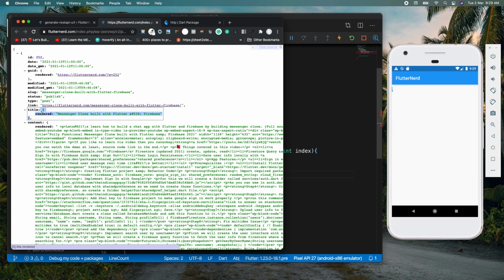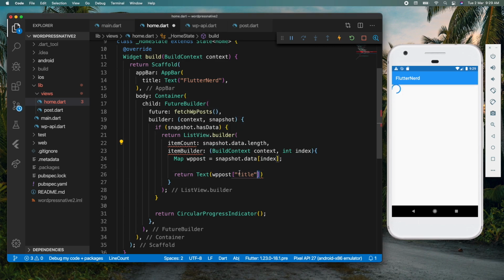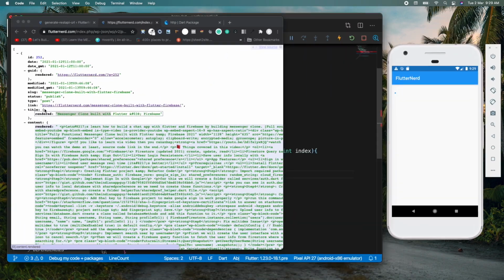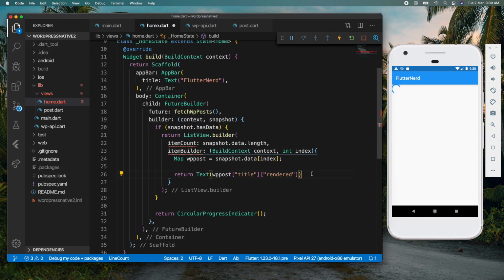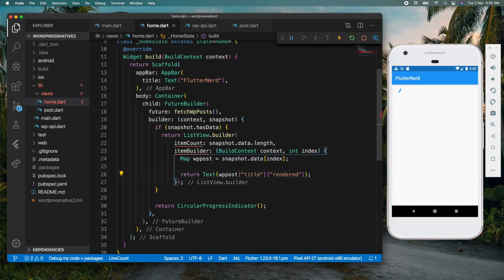Now this map in itself has a key which is called rendered, and the value of that rendered is actually the title. So this whole wpPost and then bracket title in itself becomes a map. How do we get a value from a map? We need to provide a key. So what is the key over here? The key is called rendered. So I'm just going to copy that and I'm going to paste that over here. Now once I do that and I save that,